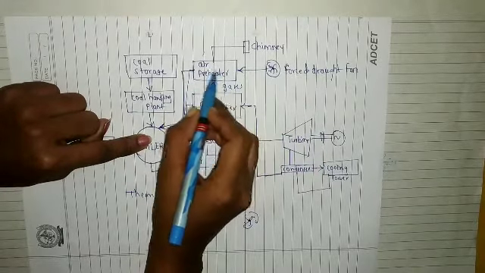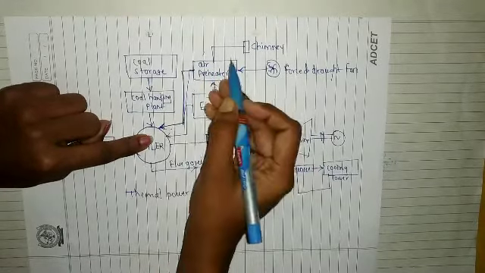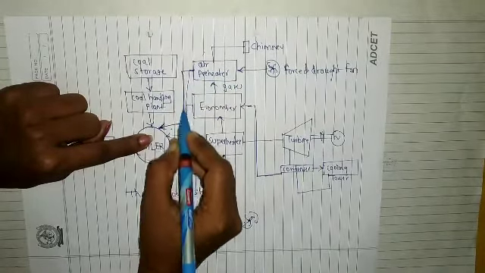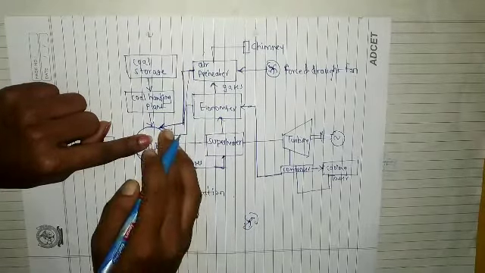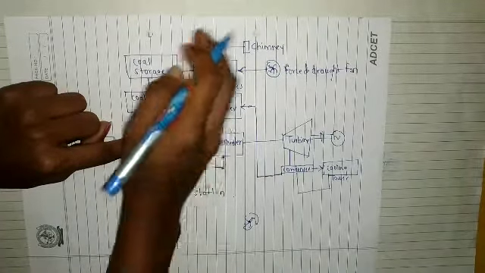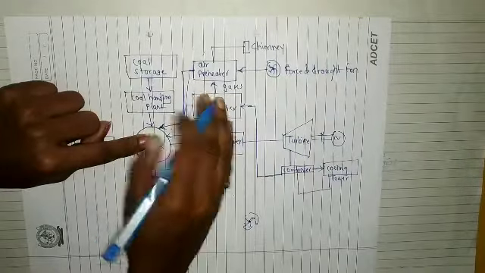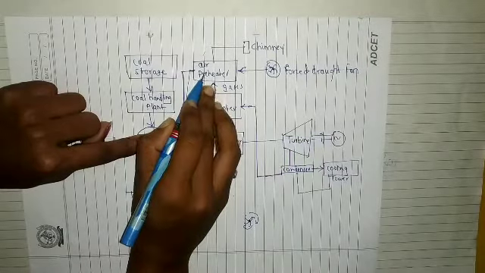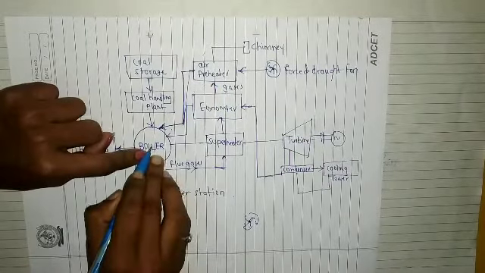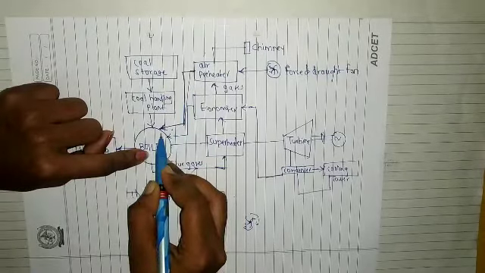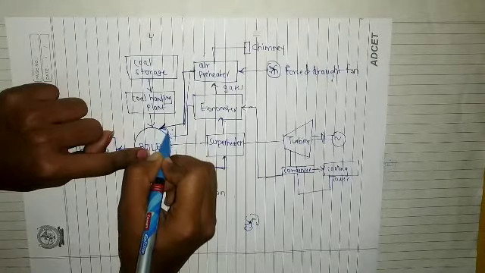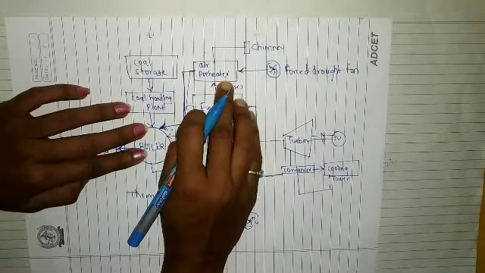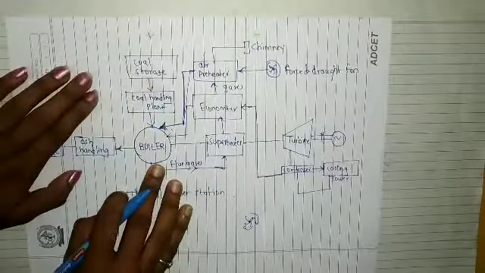You can see it is passing through the air preheater. We'll see further why our surrounding air, environmental air, is passing through the air preheater and then entering the boiler, right? We might have entered the surrounding air directly. But what we are doing is taking the air from the surroundings, giving it to the air preheater, and then giving it to the boiler, right? So this is the way of the air. You have to show the arrows, okay? We'll see further why we have provided the air preheater here. Now this is the process, okay?